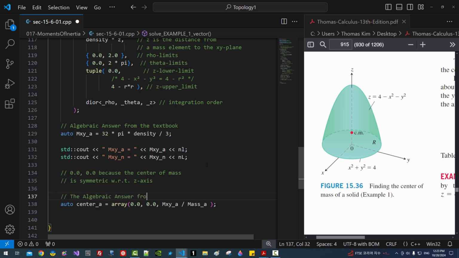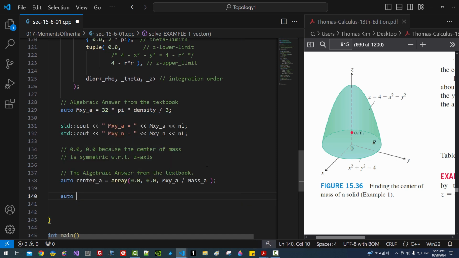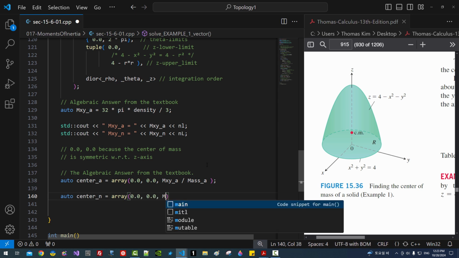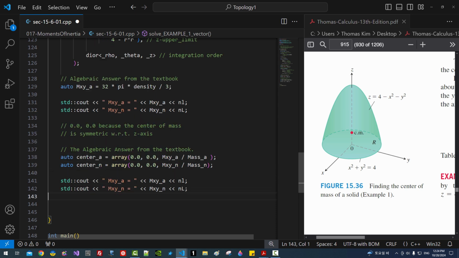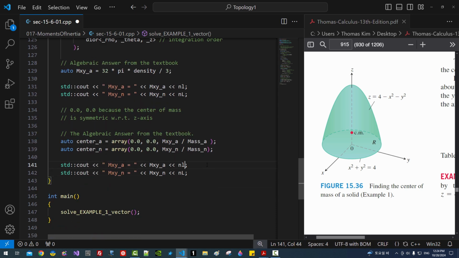The algebraic answer from the textbook. Auto center n array 0.0, 0.0 m xy n over mass n. I will copy this, copy, paste. Then center A, center B,